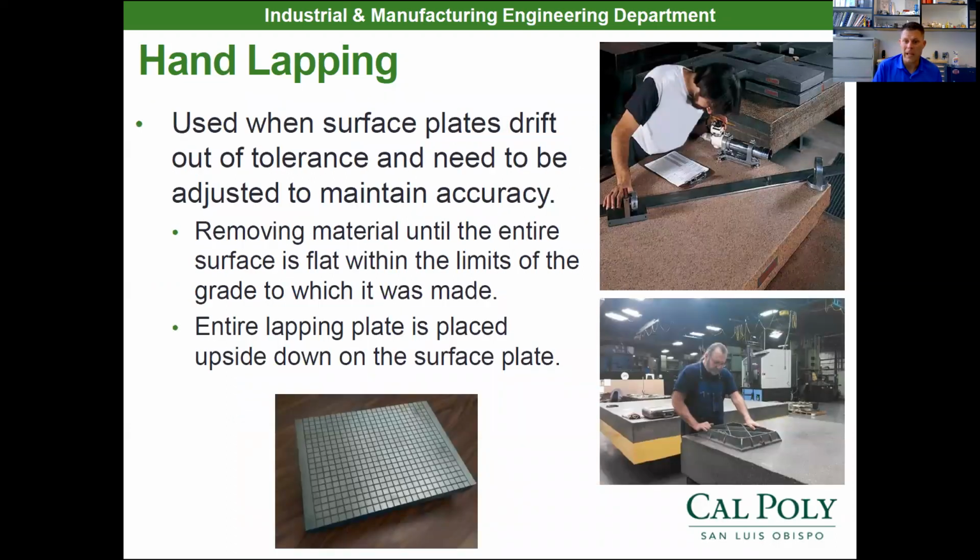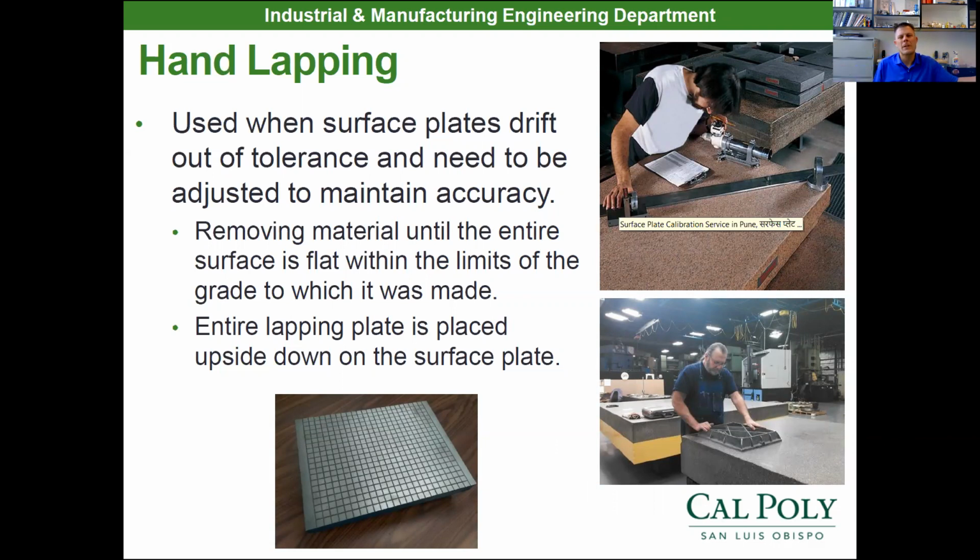Now, the surface plates that we've been using as a datum surface, they got nice and flat because they were lapped. What this gentleman has up here is a laser interferometer. He's able to tell the high sides and the low sides of this surface plate. When you have the high sides, you need to get the lapping plate out and lap it down so it's nice and flat. So to recondition or qualify a surface plate, you measure across it, you figure out where it's not flat, and you lap the high sides out